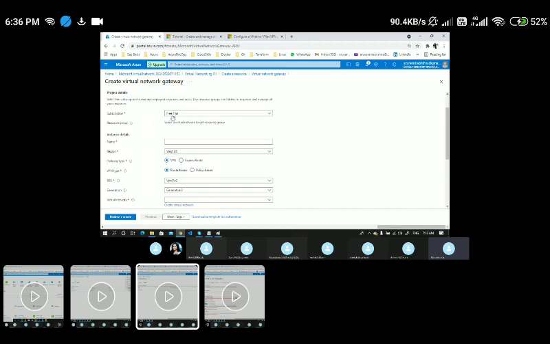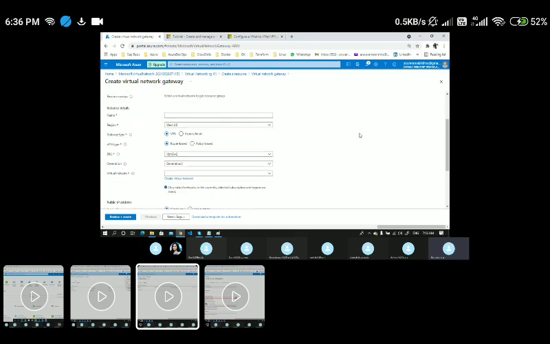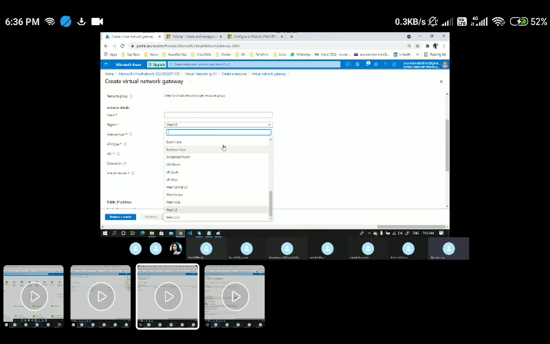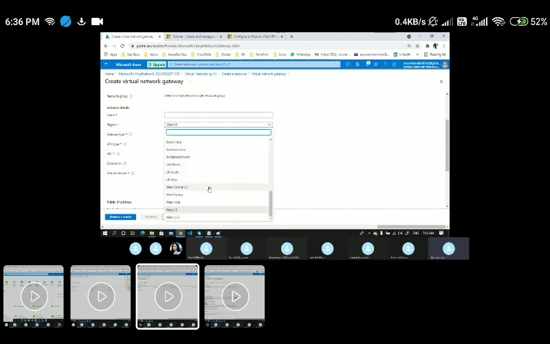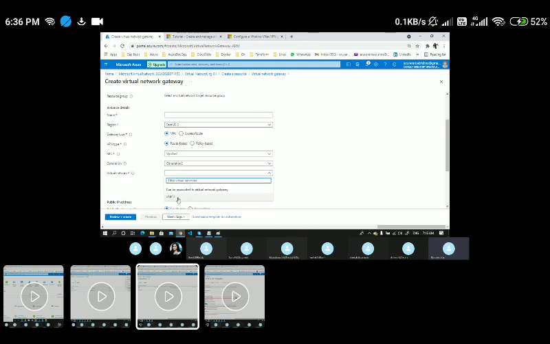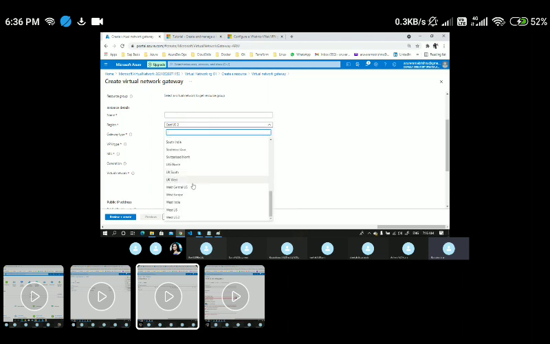So if you see here, by default I'm choosing the free trial subscription, and this resource group will be selected based on the virtual network that you choose. If I come down here, this is my virtual network, and here I need to choose my virtual network, because my virtual network VNet 1 is in the West US region. Based on the region, your VNet will be displayed here. Make sure you remember the virtual networks. Let's say if I choose East US 2, I should be able to see VNet 2 here, because I have created VNet 2 in East US 2. So for now, let me go with West US.